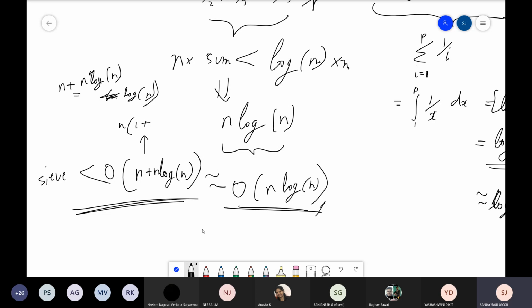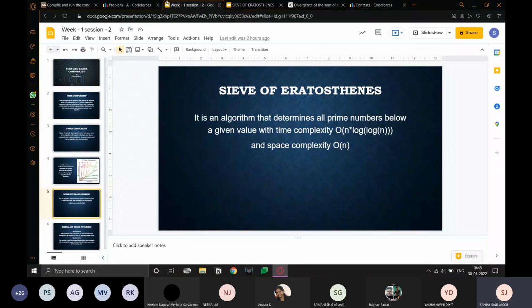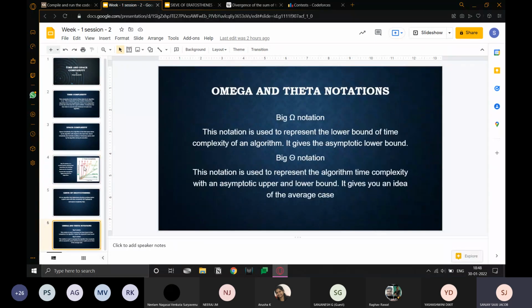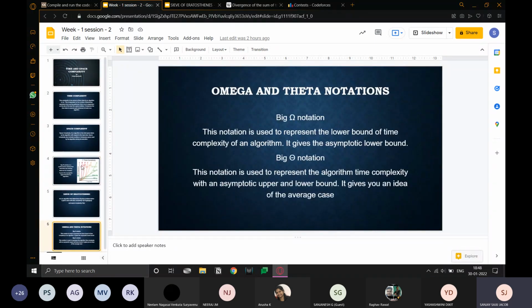I actually wanted to discuss something else, but I think we're running out of time. But yeah, we are done with complexities, and we are done with the Sieve of Eratosthenes. So for today, now that we are finished with the studying part of our session,